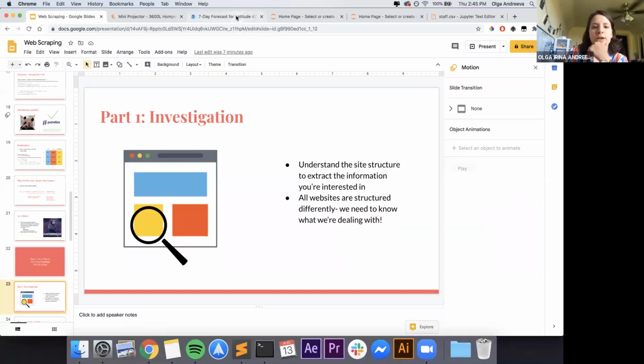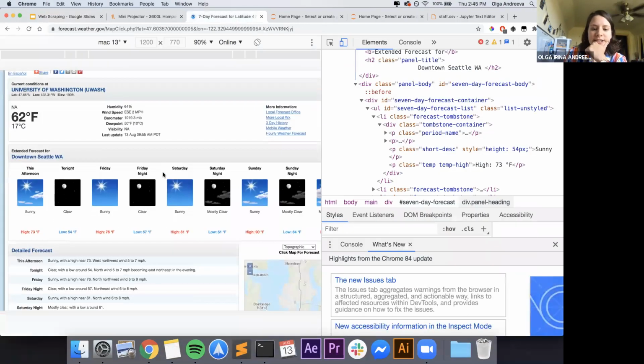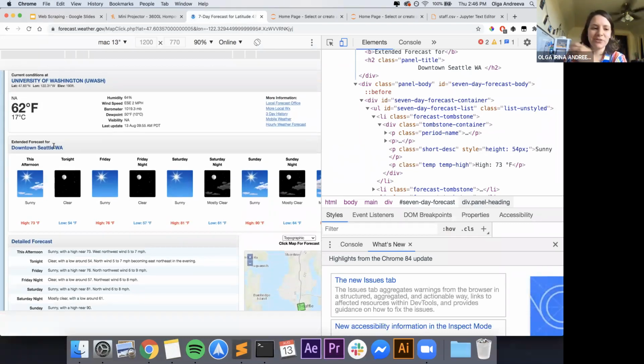So if we look at our 7-day forecast, seeing as how I made the example, I already know where we could find this information. It's inside of this chunk, right? So this would be the day. They split it into Friday day and Friday night, which I don't love, but